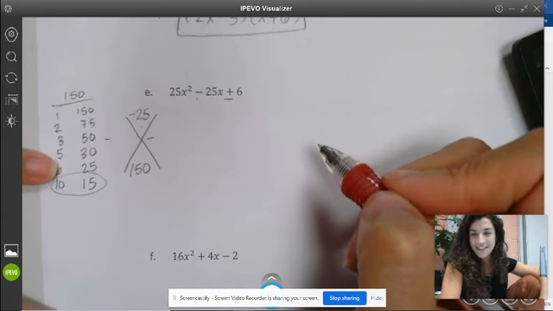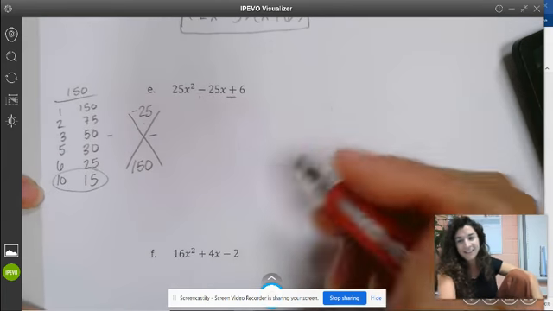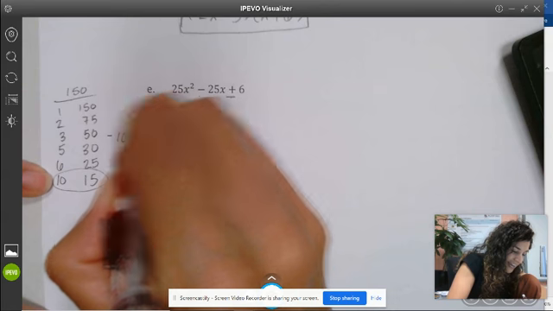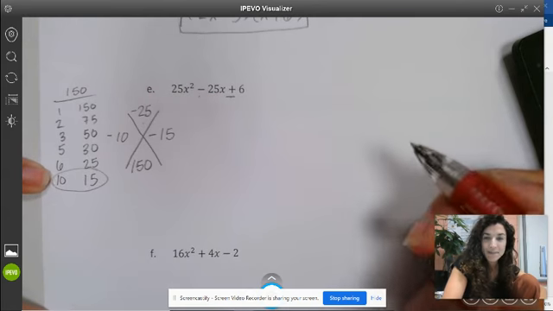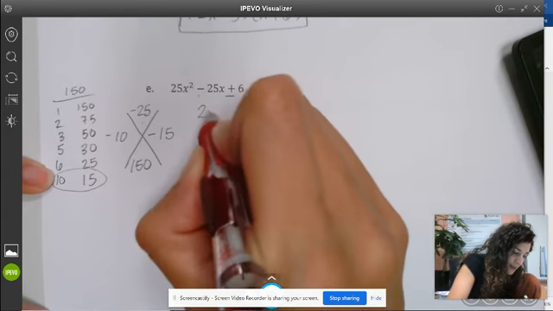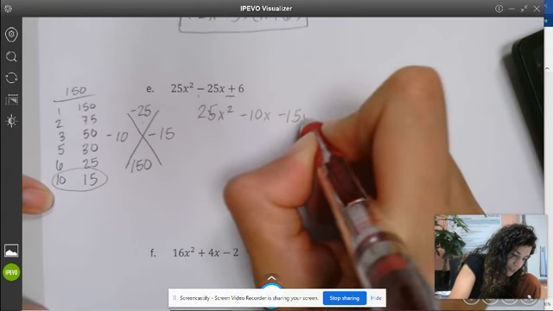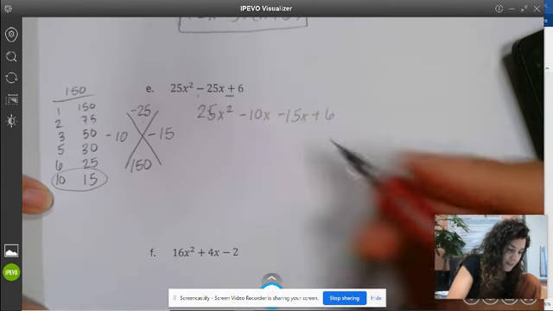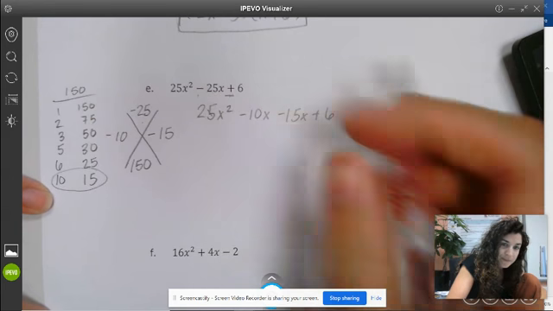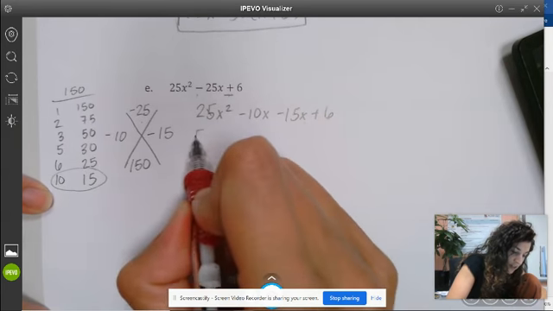Sometimes it's really obvious, and you kind of kick yourself for being like, oh, yeah, that was obvious. So -10 and -15 will help us split up that middle term. 25x squared minus 10x minus 15x plus 6. Greatest common factor,